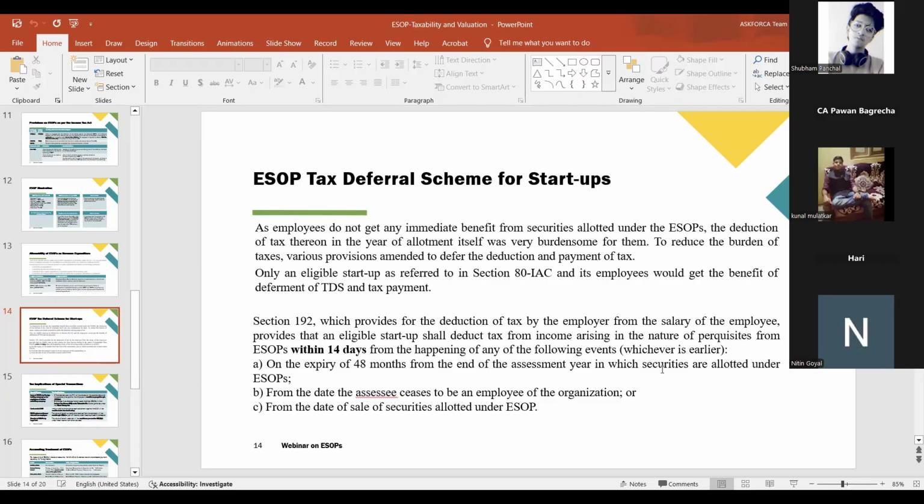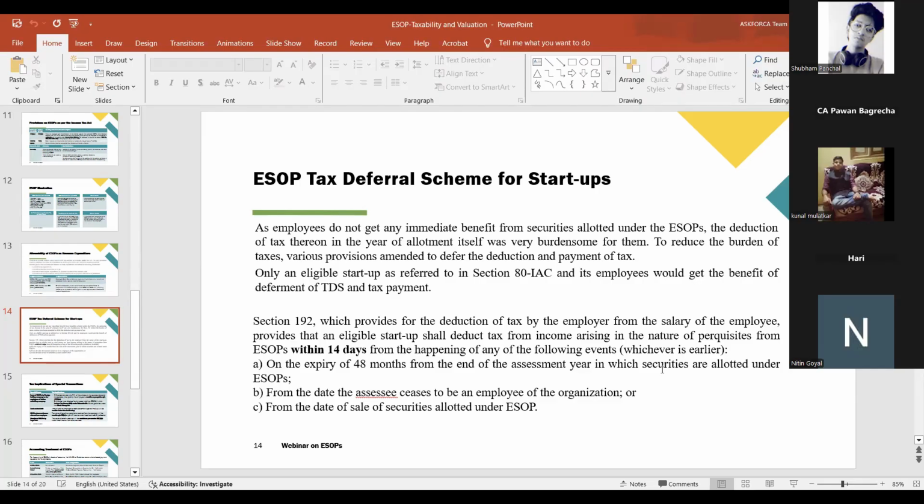in which the shares are allotted, or if the employee ceases to be an employee of the organization, or if the employee sells the shares। अगर एम्प्लॉयी उसको सेल कर देता है शेयर्स को, और वो एम्प्लॉयी एम्प्लॉयमेंट वहां से छोड़ देता है, या मैक्सिमम 48 months फ्रॉम द एंड ऑफ द असेसमेंट ईयर, इन तीनों इवेंट में से जो भी पहले होगा उसके within 14 days में एम्प्लॉयर हैव टू पे द टीडीएस। तो बाय दिस प्रोविजन कंपनी कैन गेट द एक्सटेंशन ऑफ 4 years,